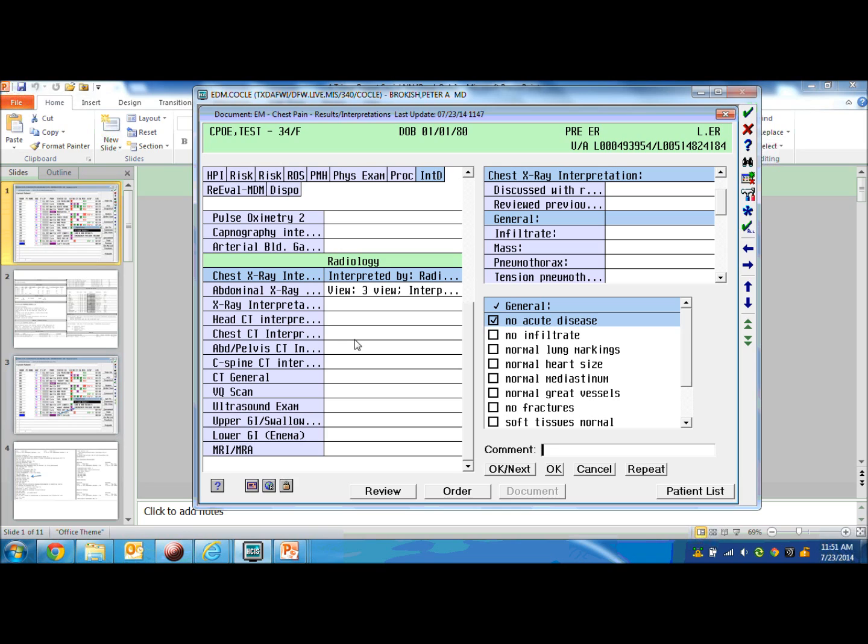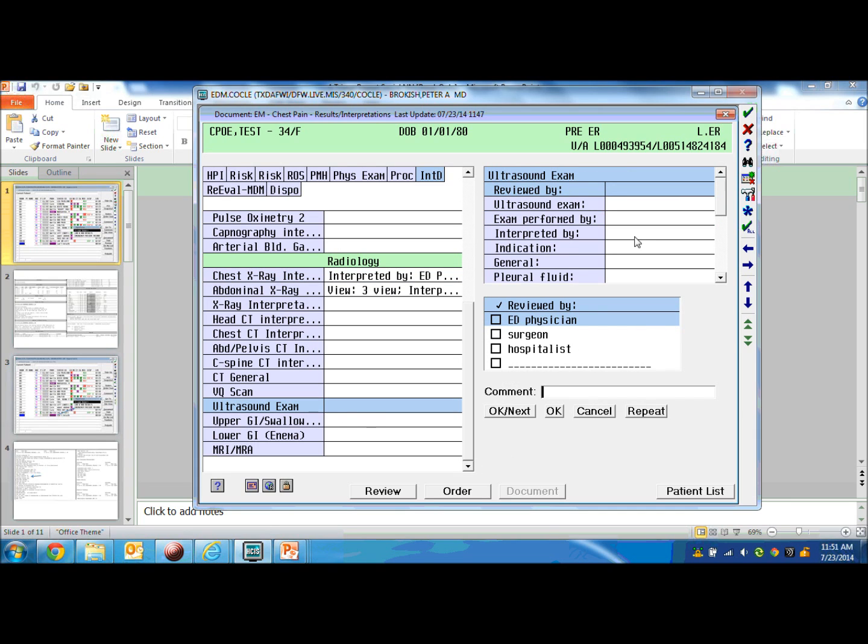And then, like Nash said, you have all your other CTs. In any of these CT scans and ultrasounds, we're probably not going to bill for any of those unless it's a bedside ultrasound that you did, and then you can write that in under exam. You can say reviewed by, ultrasound exam performed by, and in this case you would say that that's something performed by you. And in one of these sections, probably the performed by, you would want to use those keywords: Quest Care ultrasound, Quest Care US, QC US, and that is going to be the note